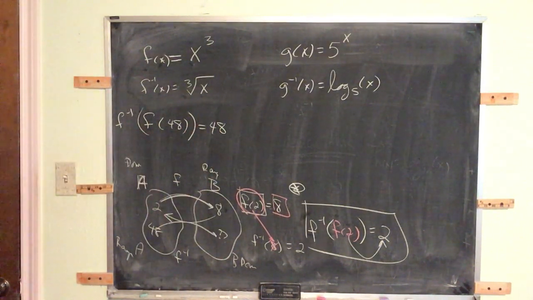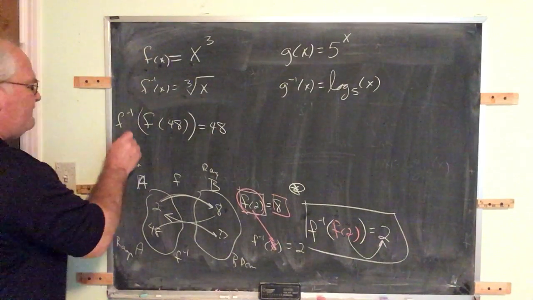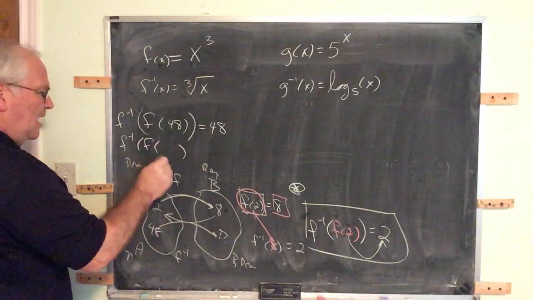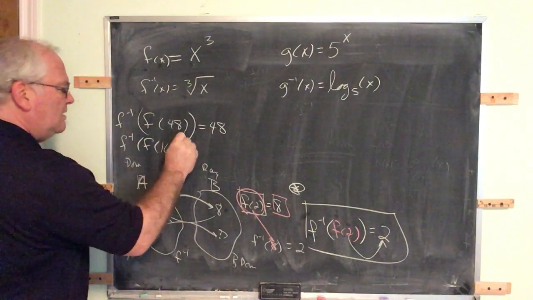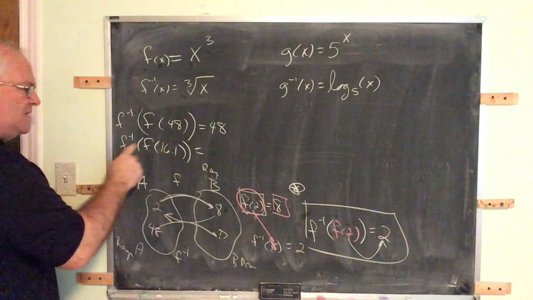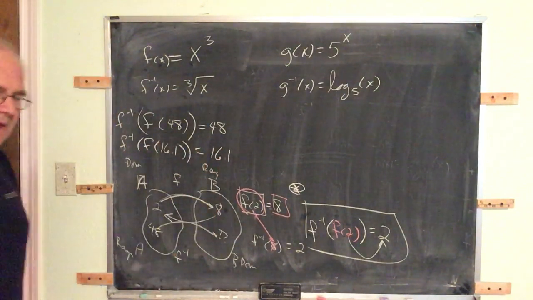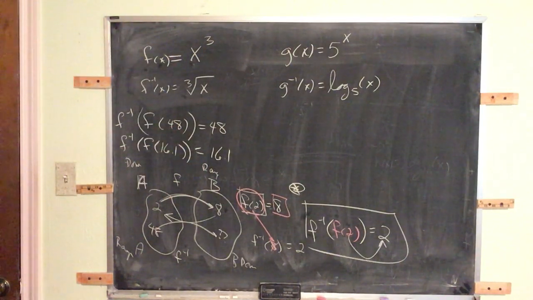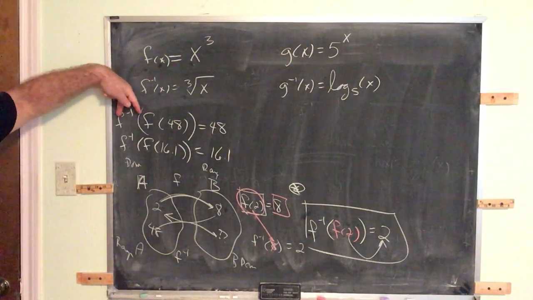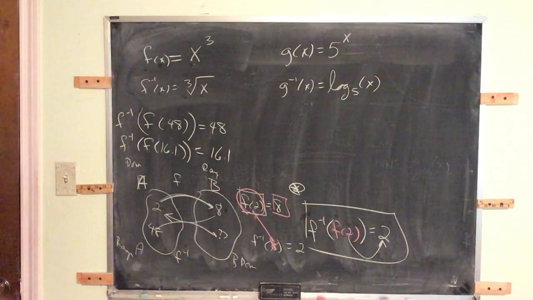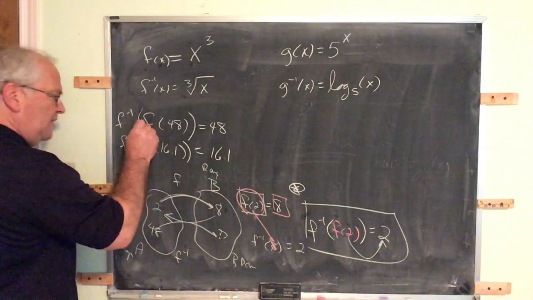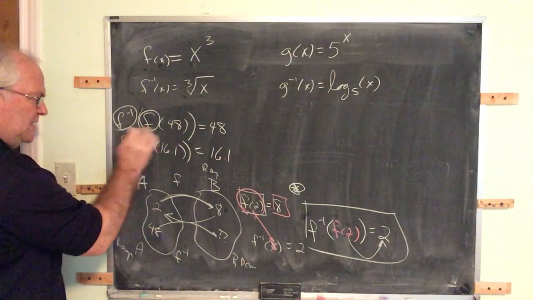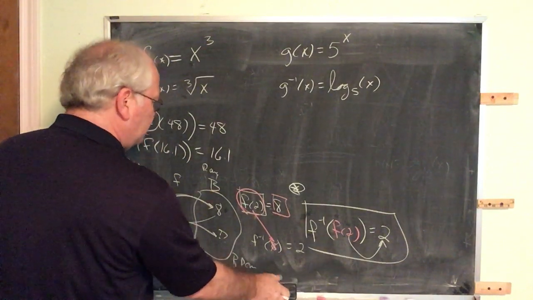And there's nothing magic about 48. If I take f inverse of f of any number you want, say 16.1, I know what that is because these cancel, you're left with 16.1. So any value in this domain will work fine. When you apply inverse functions in sequence, they cancel. Now, this is true certainly if you do f first and f inverse second. Remember, we work from the inside out. But this is also true